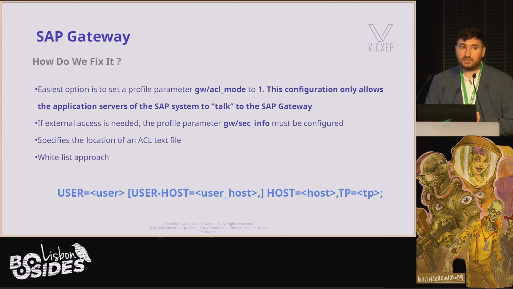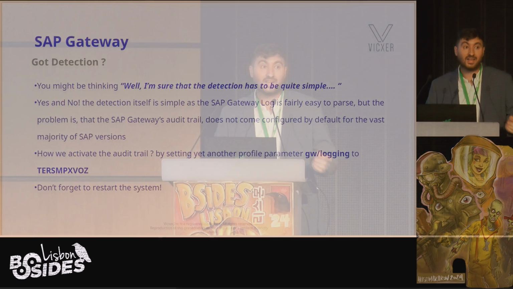If you cannot have that because you have a legacy interface that you need to deal with, well, welcome to the magical world of the ACL files. As a lot of things in SAP, it's an access control list where you will need to define what user, from what IP, to what SAP host, and to what program. Putting the ACL together itself is relatively straightforward. It's not complicated. Having the information to put the ACL in place, like understanding what is passing through your gateway, is different.